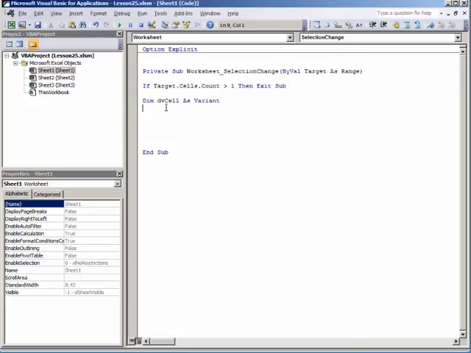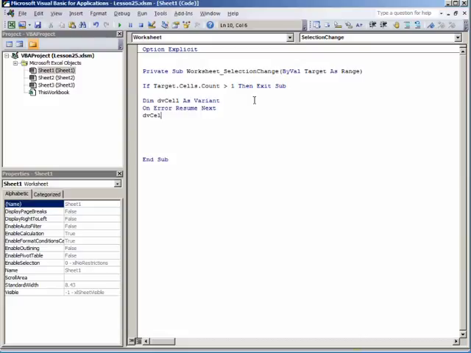This DVCell will be what is referred to here, and I'm going to say On Error Resume Next, because the type of data validation might not be a drop-down list. It might be some other validation that's established for that cell, or the cell might not even have any data validation assigned to it. So I'm going to say On Error Resume Next, and I'm going to say